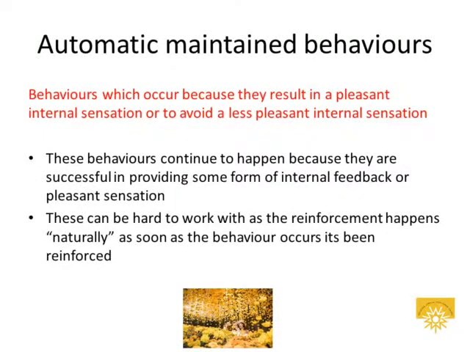And then finally, automatic maintained behaviours, or behaviours that occur for internal pleasure. So these are behaviours which occur because they result in a pleasant internal sensation or to avoid a less pleasant internal sensation. These behaviours continue to happen because they are successful in providing some form of internal feedback or pleasant sensation, and they can be hard to work with because the reinforcement itself happens naturally as soon as the behaviour